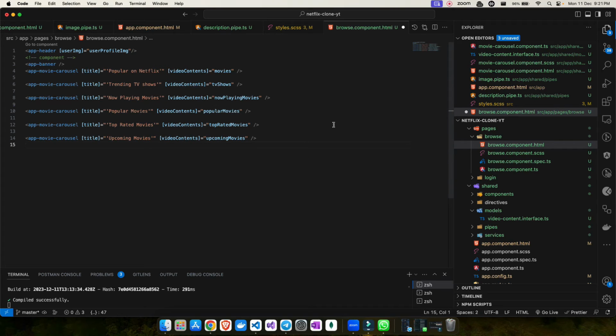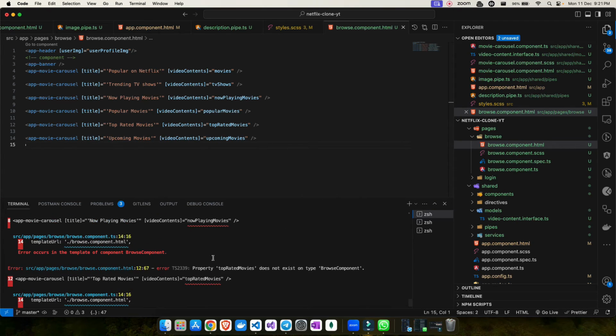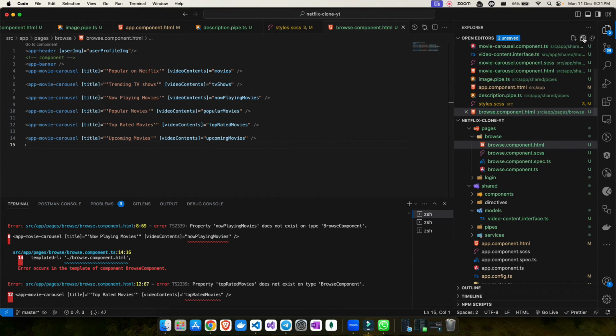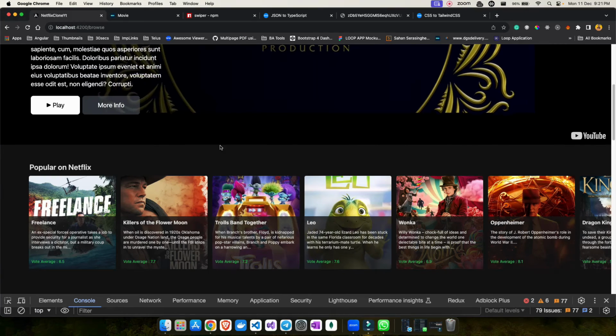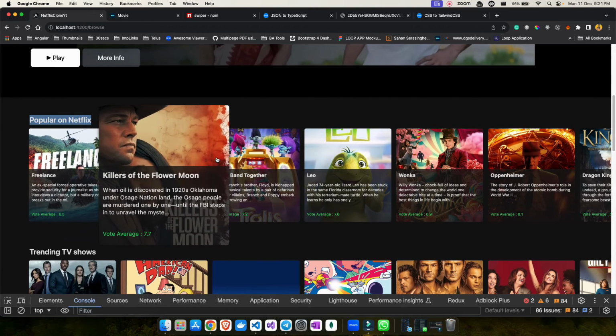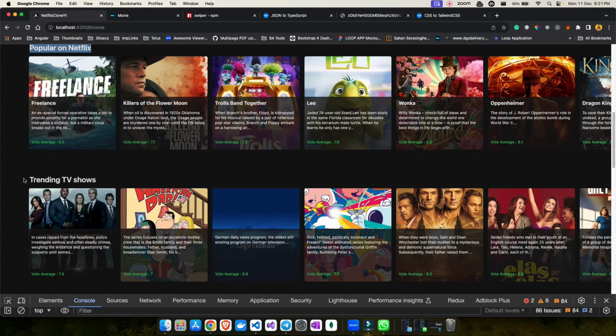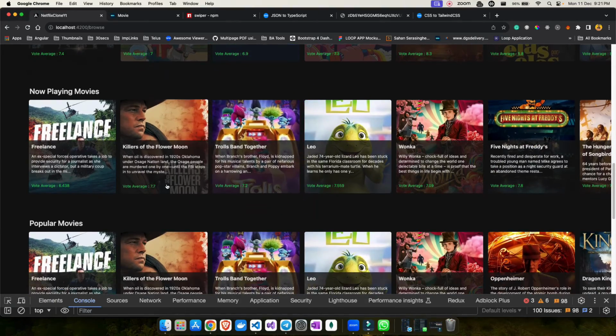content. Okay, so now as this is done, save all the changes, and you should see that it is failing for some of the components because I haven't saved the changes. So let me save all the changes, and I can see it compile. Okay, so now if I go back here, as you can see, I'm displaying the title and the different content based on whatever I have fetched. As you can see, I'm able to see all the data from here.